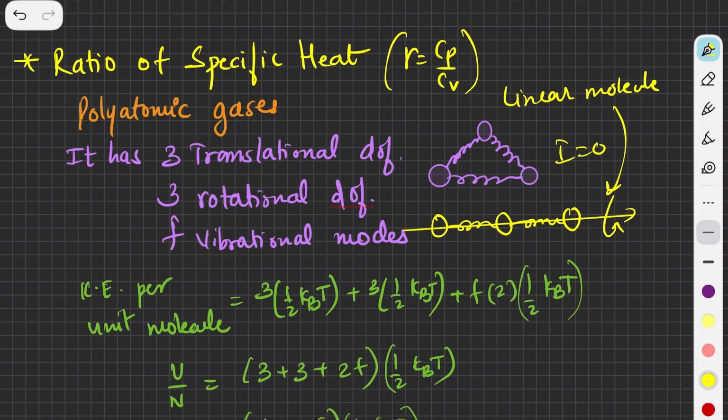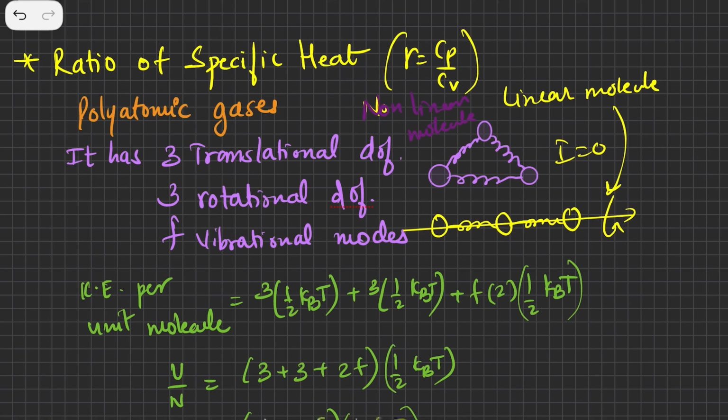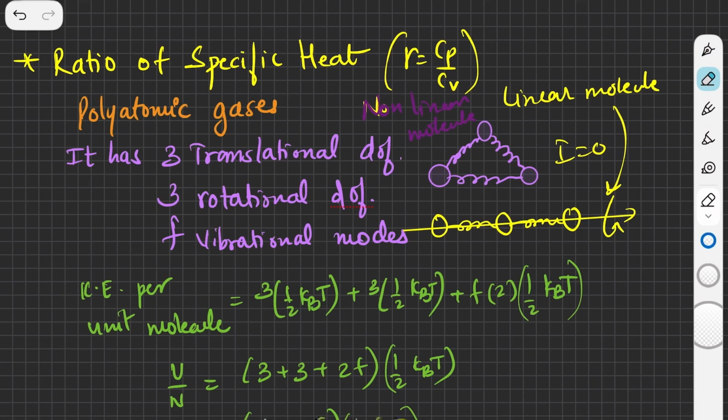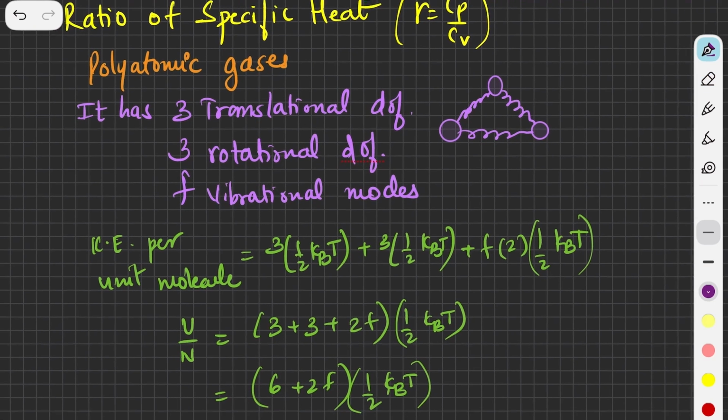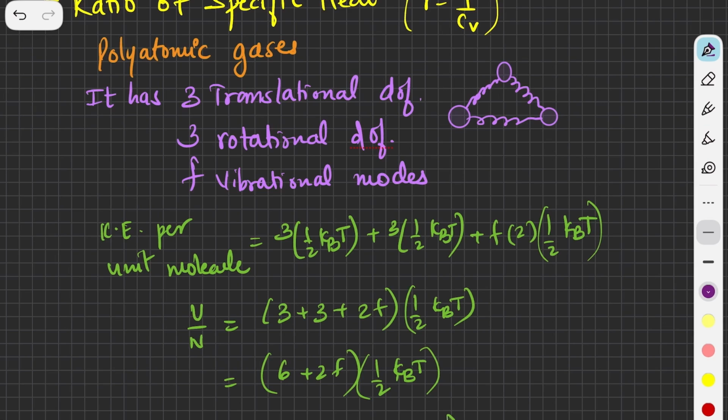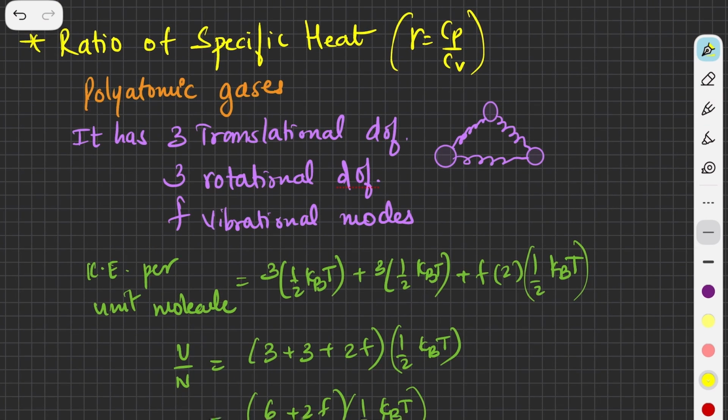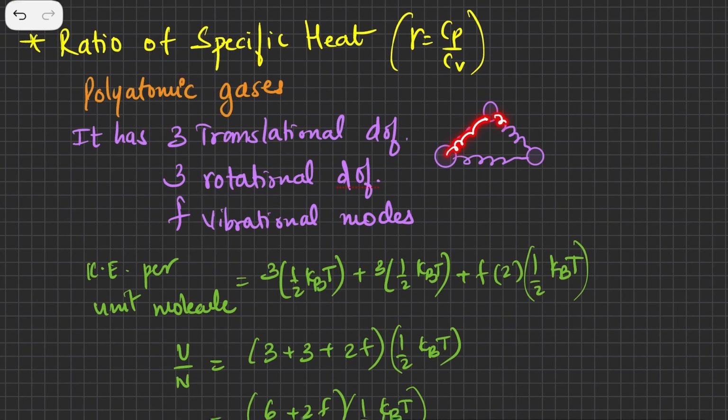However, the purple molecule is called the non-linear molecule. So yes, we are supposed to take care whether the gas has a linear molecule or a non-linear molecule. I'll erase the parts. I'm considering right now the shape of the molecule this way. So let's get back. Now in this molecule, because there are 3 bonds here, 1 bond, second bond and the third bond, we can have